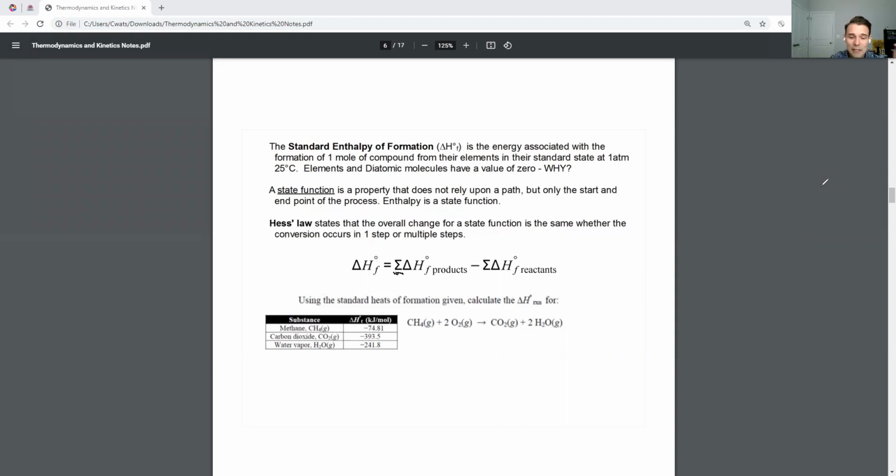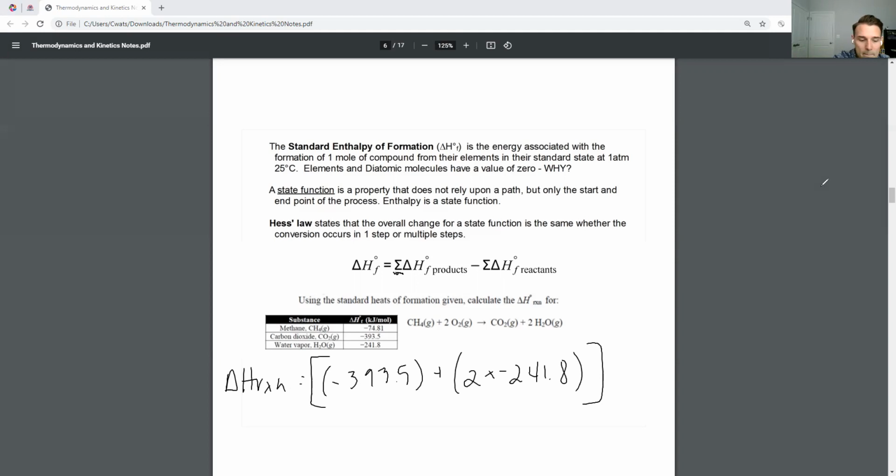And it says, using these standard heats of formation, we can calculate the delta H for the reaction that's below right here, of methane reacting with oxygen to give me carbon dioxide and water. So products minus reactants. So delta H for the reaction is going to be equal to, now we're doing the products, so CO2, which is negative 393.5, plus 2 of the water vapors, negative 241.8. Those are all of my products, minus my reactants. So the methane, there's one of them, so negative 74.81,